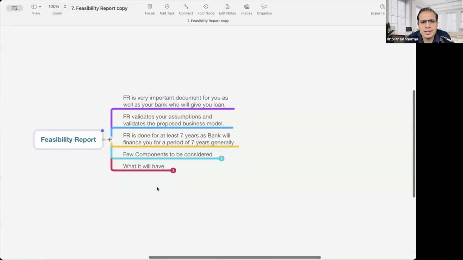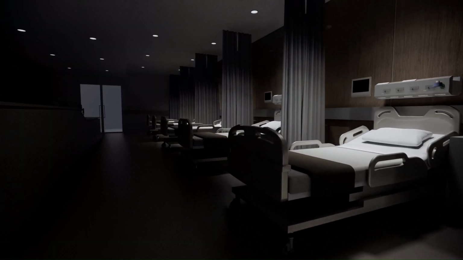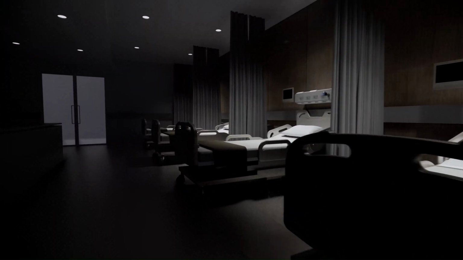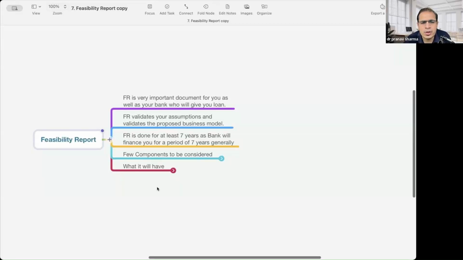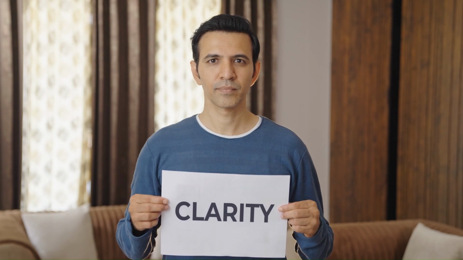Usually it is 6 to 7 years which goes by before the ROI happens in a medical branch. So usually you have this 7 years as a feasibility study, and again I'll tell you that if you are planning more than 50 beds, then you must have a feasibility done by the professionals. But at least you can do your exercise on your own if you are having a 20 or 40 bedded hospital, because that will give you a lot of financial clarity also.